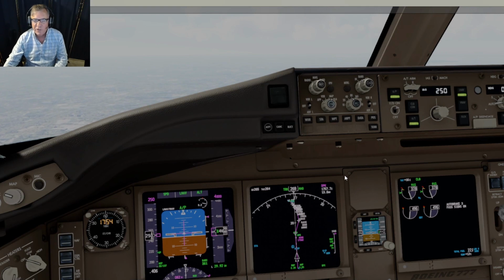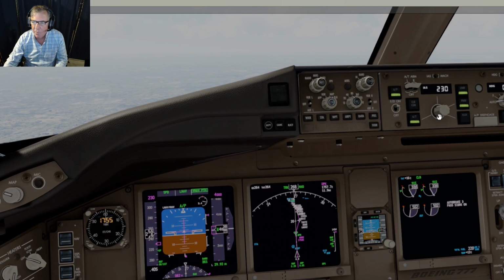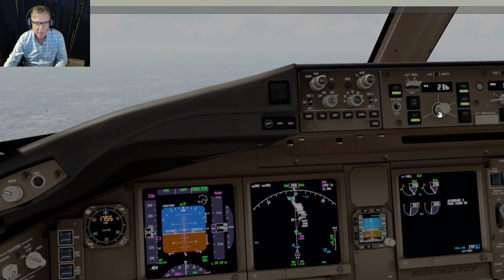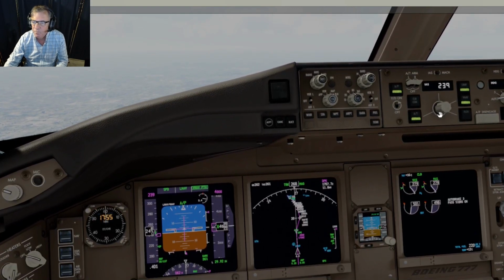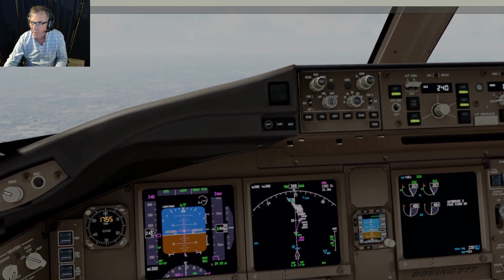All right, we've changed over to RNAV RNP. Now we're at 4. They could clear us for the approach here. Let's say they did. What did I tell you? 2 buttons, 2 windows. One button is LNAV, the second button is VNAV. Push that button, and we'll maintain 240 for now, right? And then you can put the bottom altitude in, because we are in fact cleared for